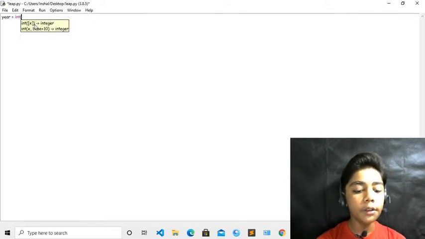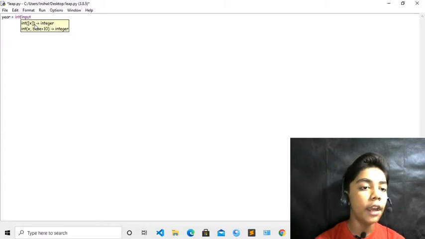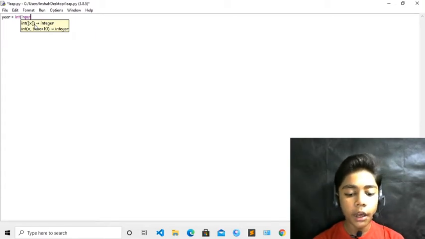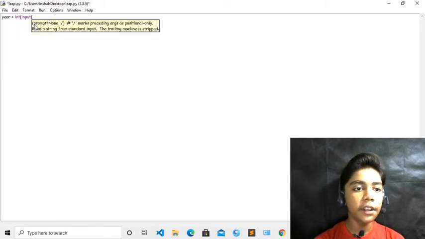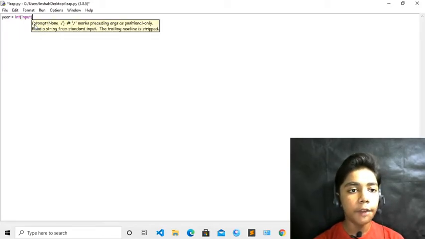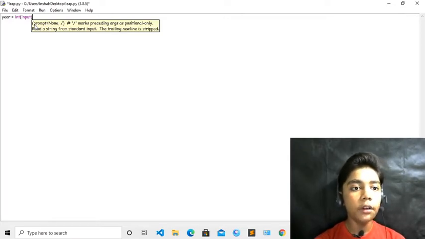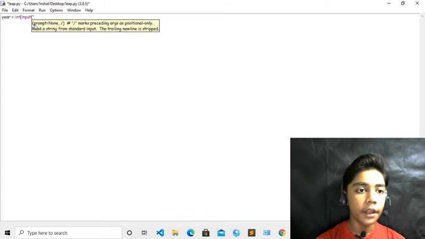Now you have to write the input tag, as I told you, we have to use it also. When you have written this input tag, write another bracket, because int and input are one function, and we have to write two brackets. Now you have to write a string.